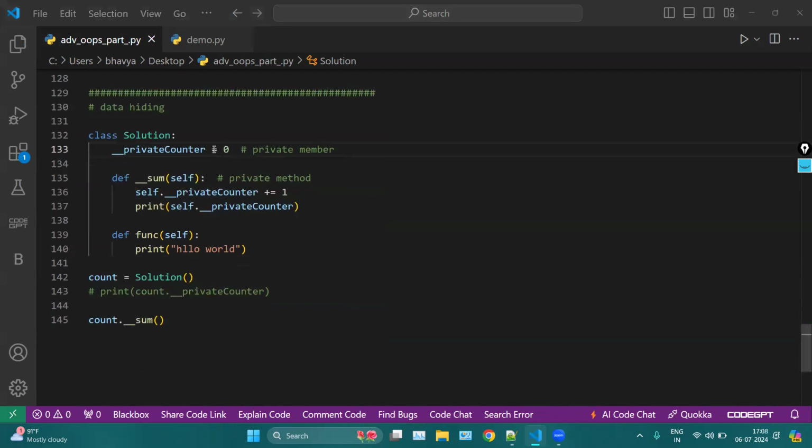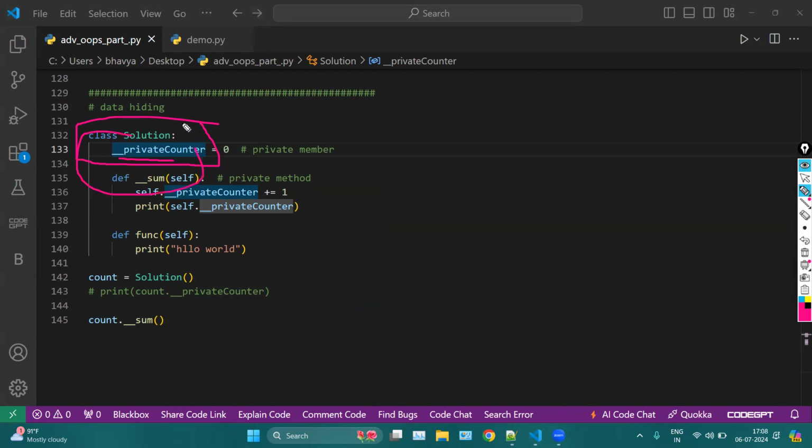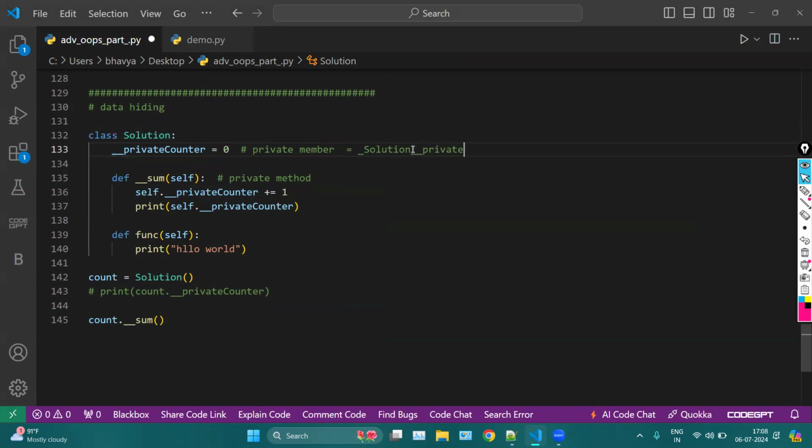When I am using this underscore underscore private counter, when I run this code, this name is changing into another name. That is what it is hiding. Here, this particular name is converted into underscore Solution underscore underscore private counter,